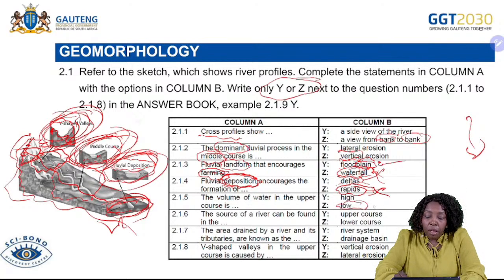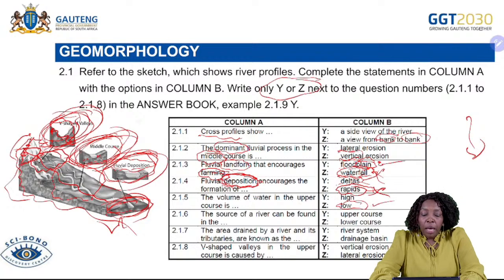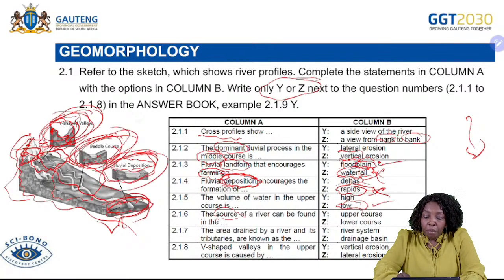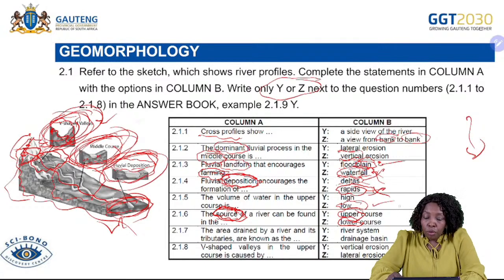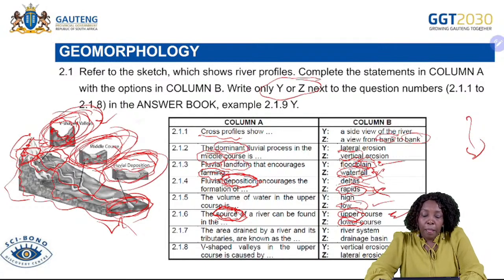It would be low. And then the source of a river, I've also tried to elaborate and show you. We are looking at the source of the river, is it the upper course or is it the lower course? Source, it's where the river starts. So the river starts at the upper course. So the correct answer would be your upper course. And then